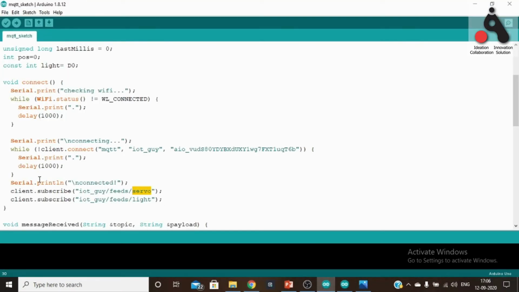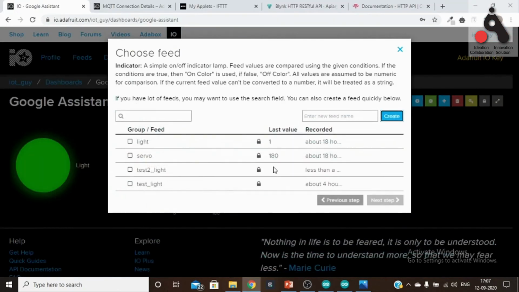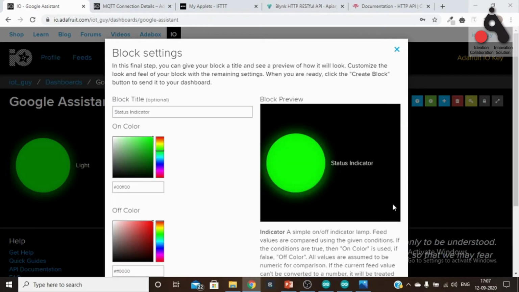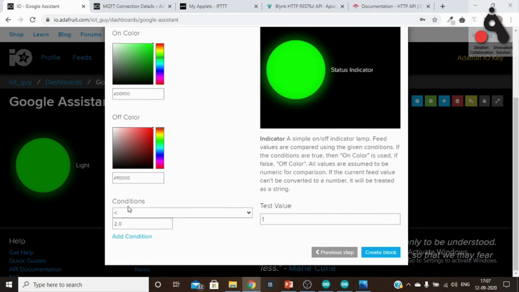The basic idea is that all you need to know here is that someone or some service will send data to this topic, so you need to create this topic first. So we have created it and we have configured an indicator with it. The condition will be: if we get a value of 1, it will be in green state, and otherwise it will be in 0 state, and according to the test value it is changing right here.